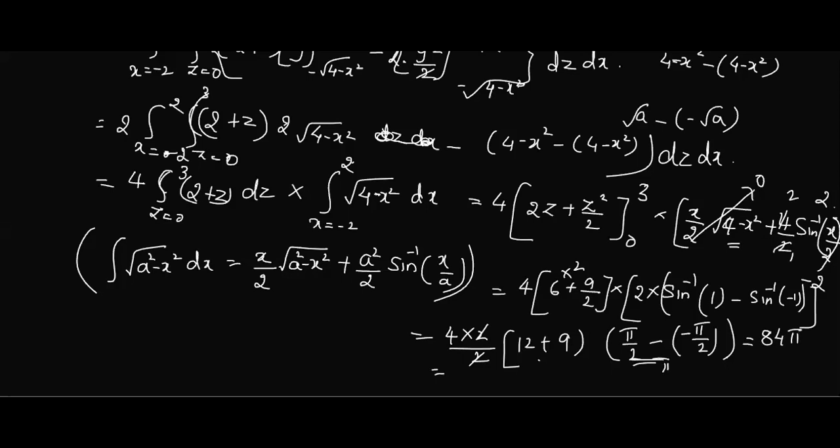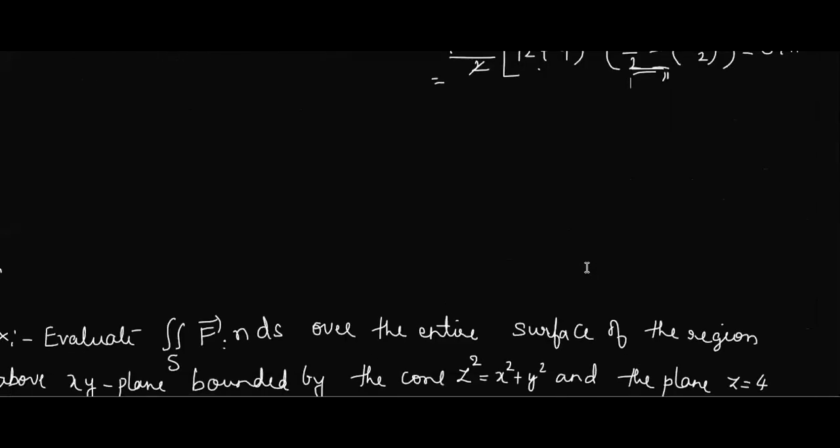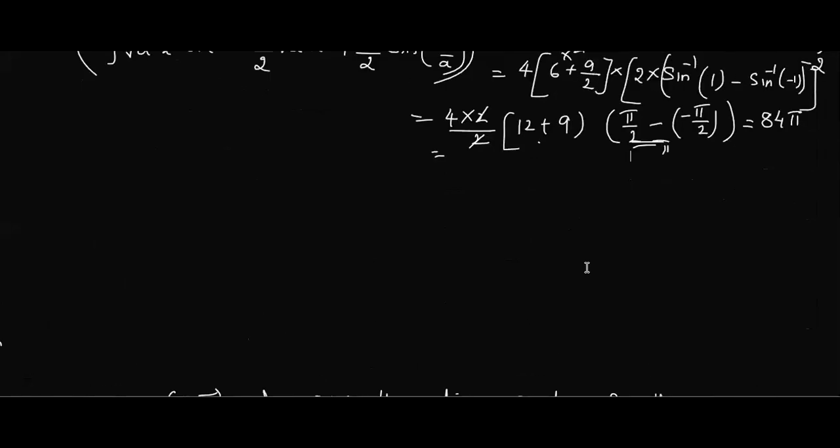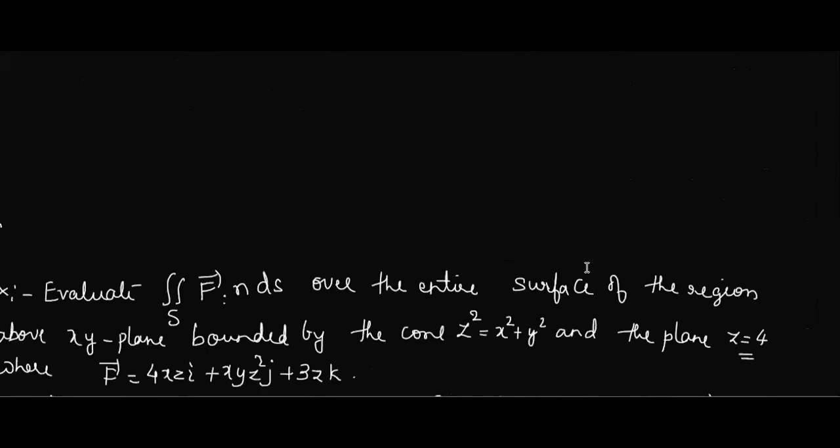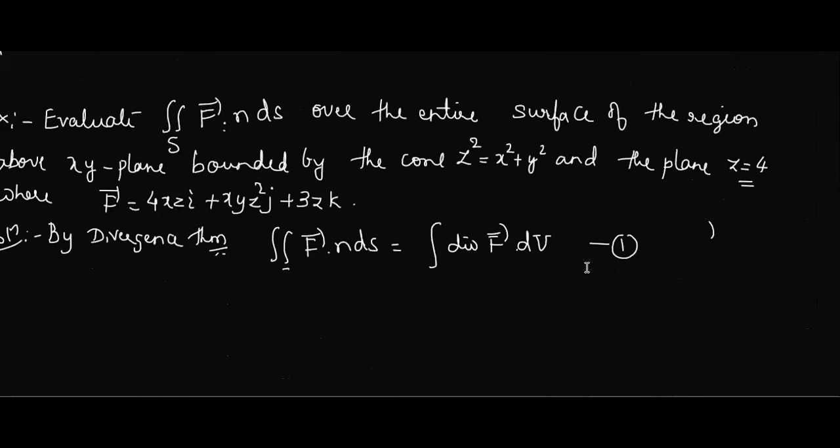Correct? Hope the problem is clear. The main important thing here is evaluation of the triple integral. So your first semester knowledge is very important. Recall it. Otherwise, keep those books and try to understand the part. Okay, so this is about the first example. See, it's comparatively easy actually. You only have to find the divergence and the limits correctly. Let us take the second example. Write it down, all of you.